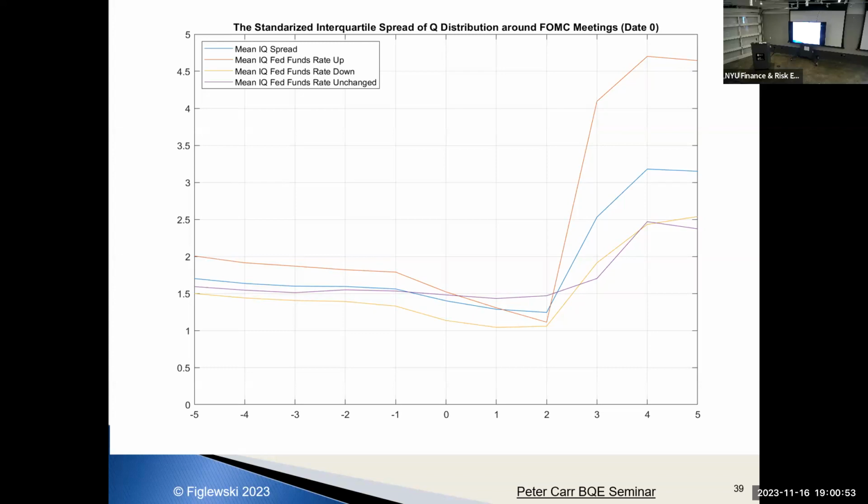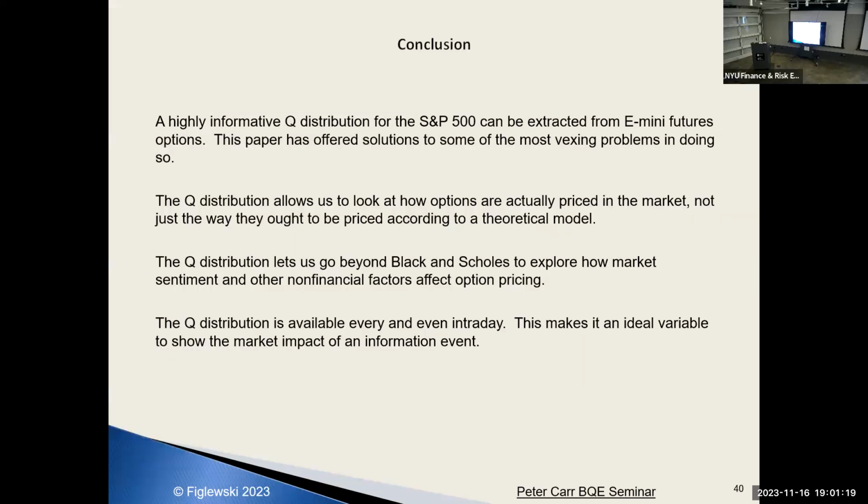What explains this? I don't know. I think it's worth looking at a lot more, but one thing I can say is that this is a Wednesday. This is a Thursday. This is a Friday. And now we have a weekend, and now we're at Monday, and Monday is when everything explodes. Maybe it takes a weekend for people to figure out what the Fed really was talking about. I don't know. Anyway, in conclusion,